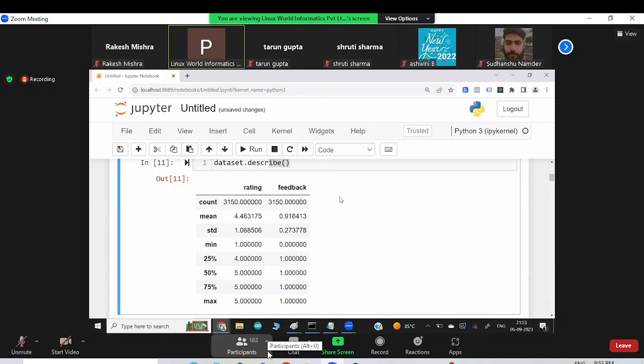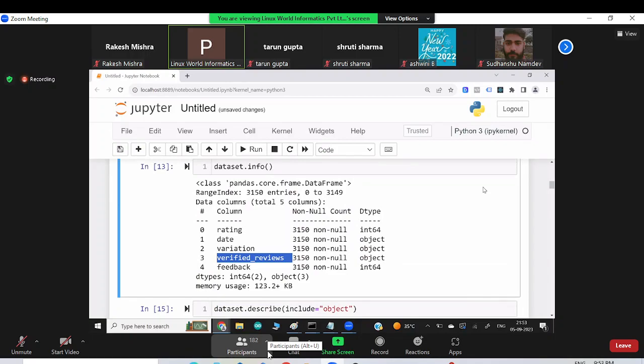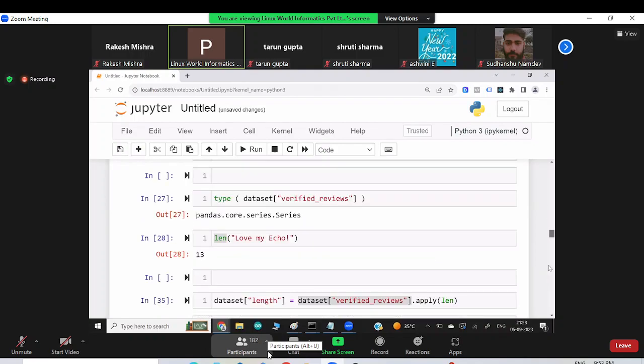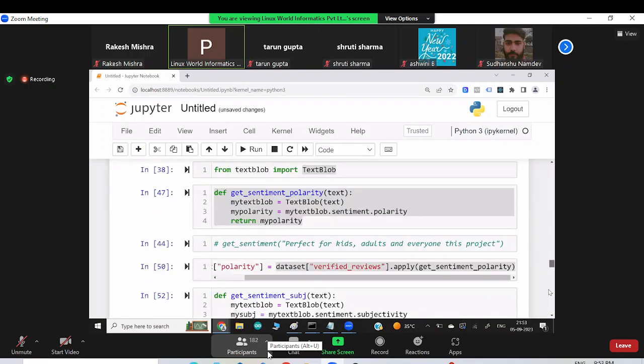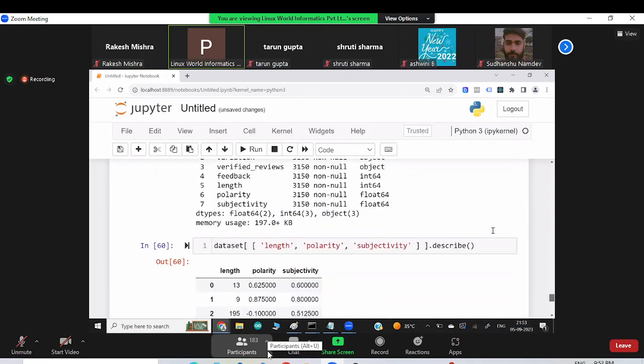But what I did now, I converted this natural language review into numbers that contain the same information but in a number format the machine understands. Now if I try to take a description of these, guys, that makes more sense now.